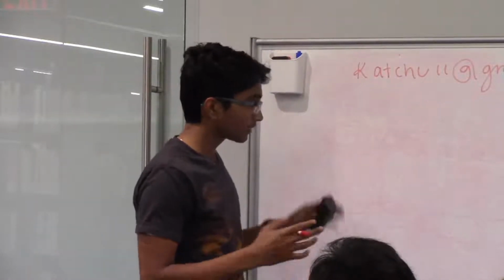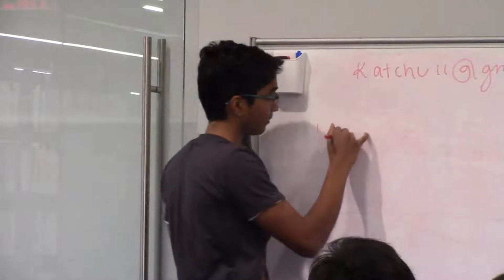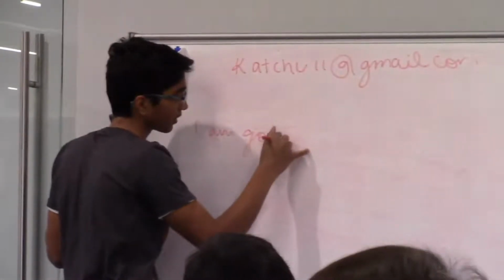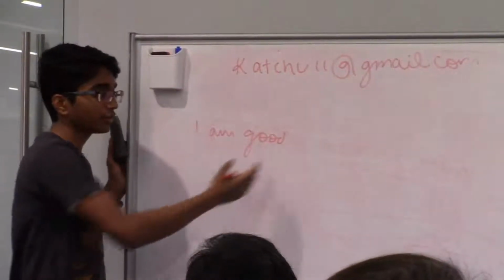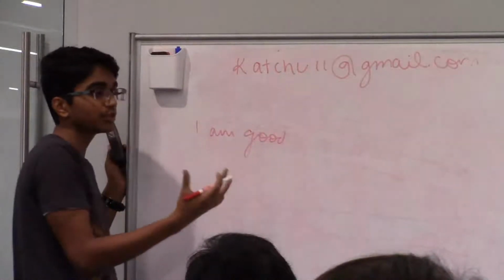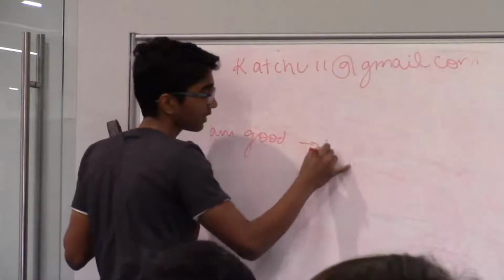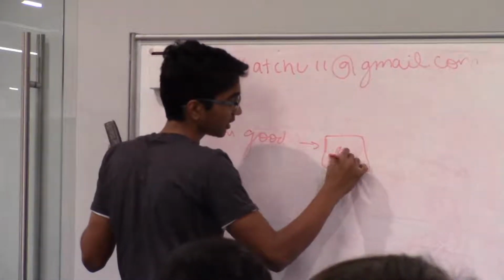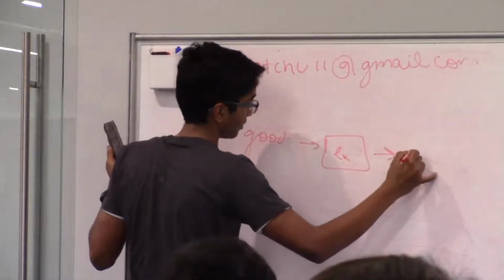Okay, so let's go back to text. I am good. And to anybody who's bilingual, this should be like a joke, right? You're not even thinking about this. But how exactly do we represent that? So that goes to our, let's say, language X, and then it goes to our